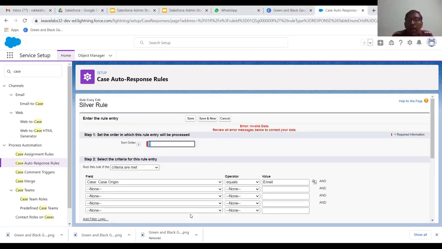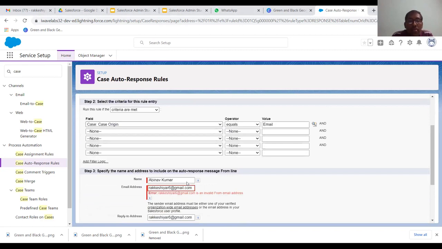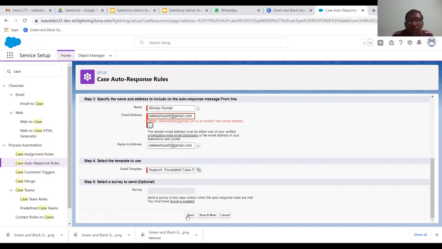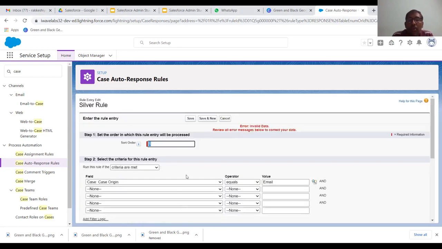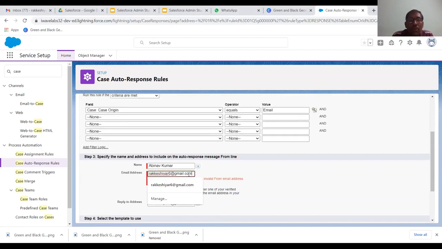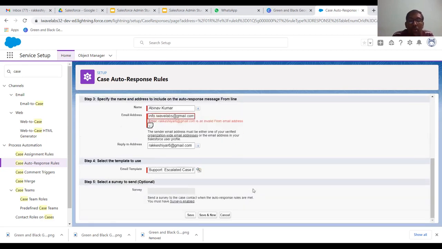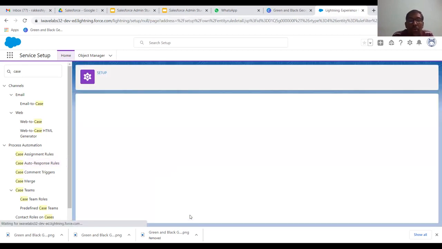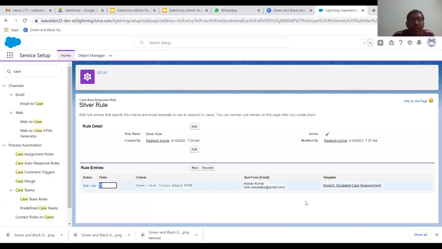So now, see here. Now the entry has been made here.